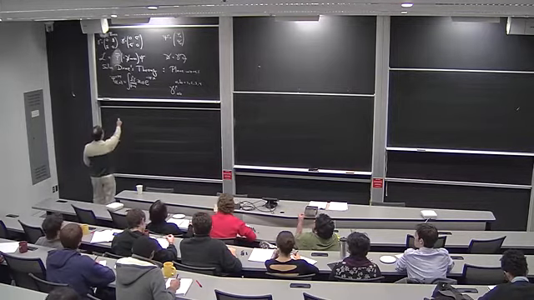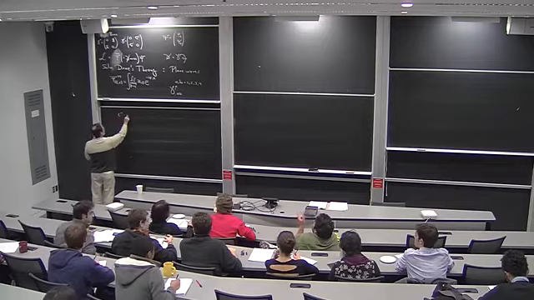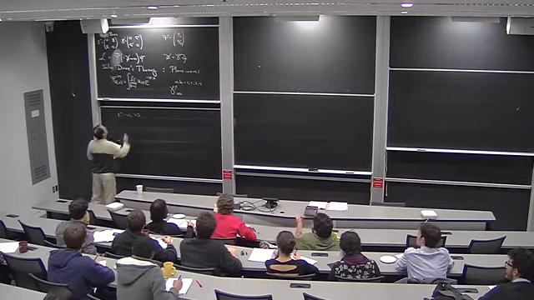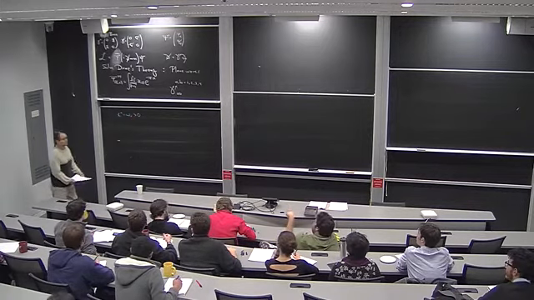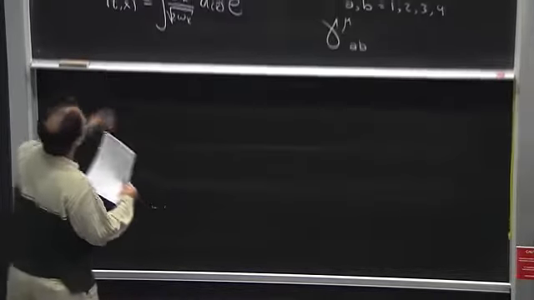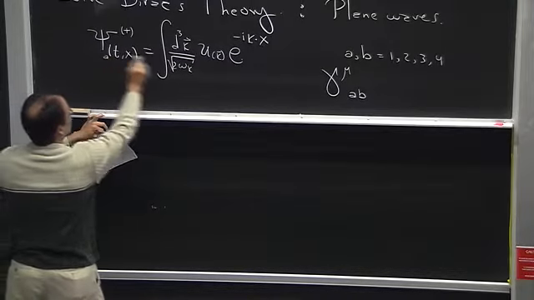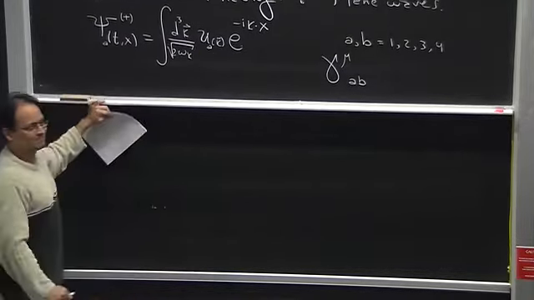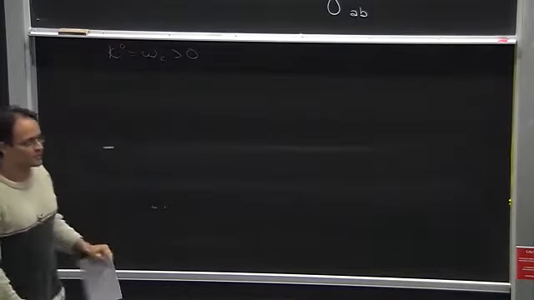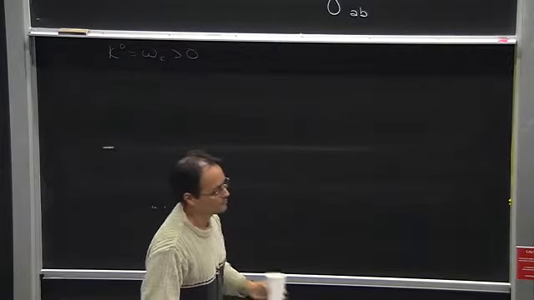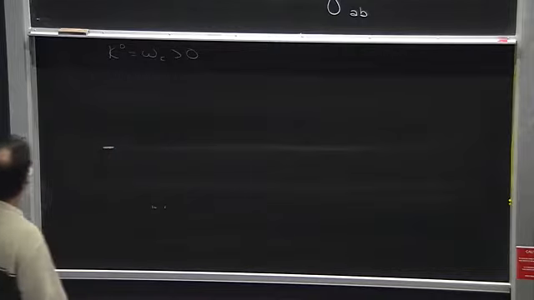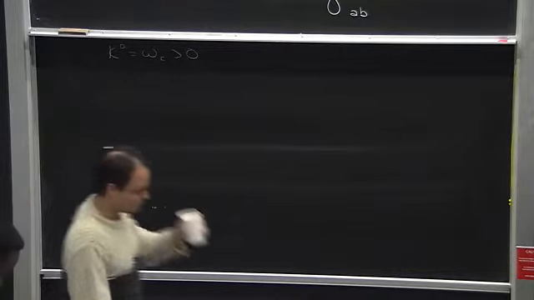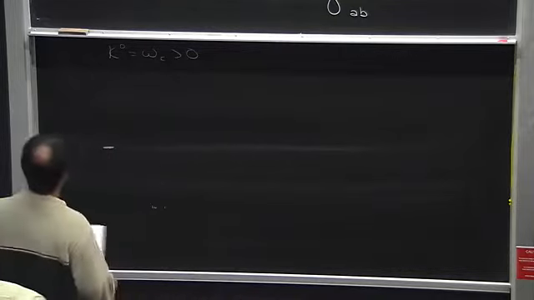Okay, so that was. How is U a 4-component object? Because it depends on the K. Okay, let's make it a 4-component object explicitly. Now it's a 4-component object. Right. Okay, so if we do that,